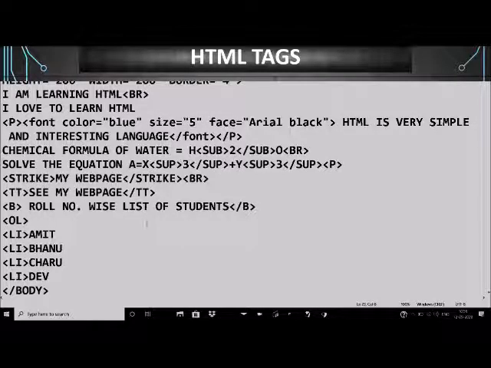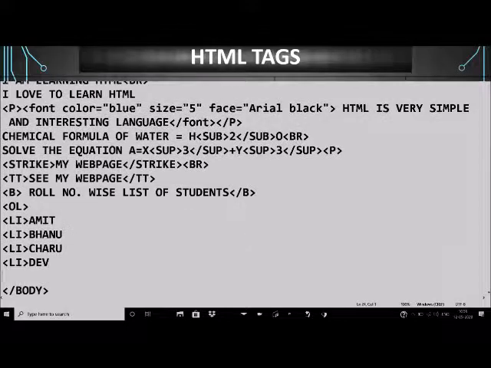These are the 4 names which I want to appear with roll numbers. After that, I will close this OL tag.